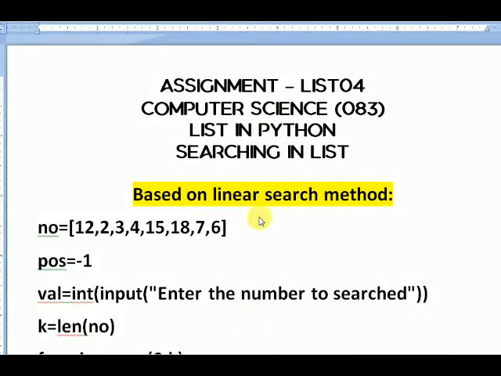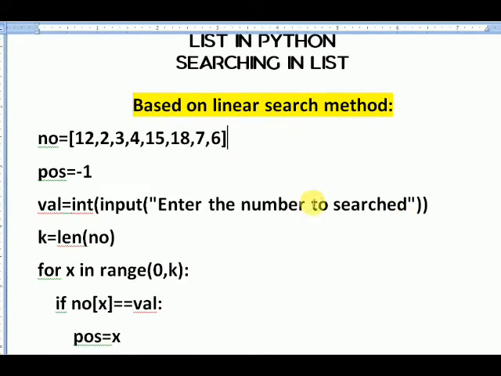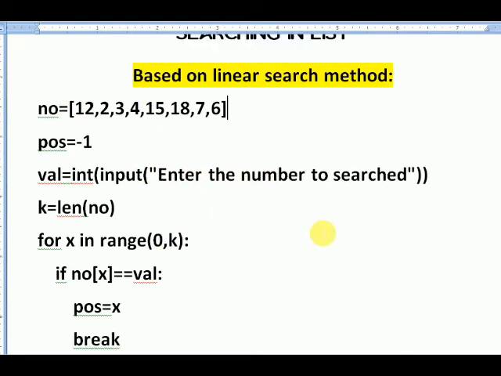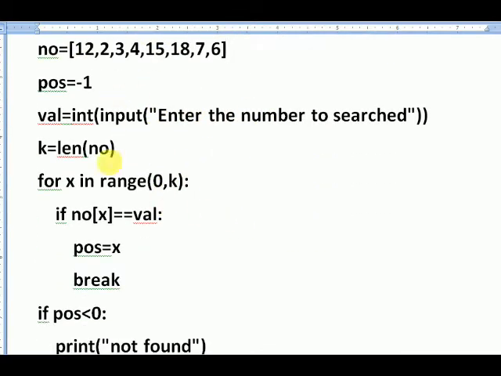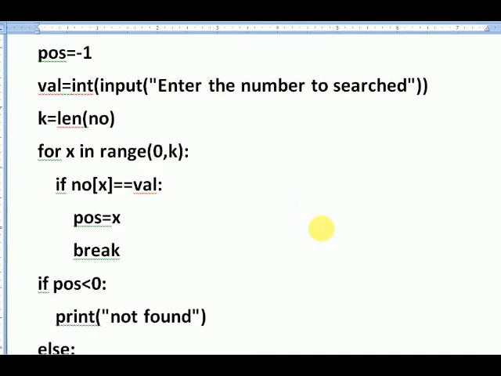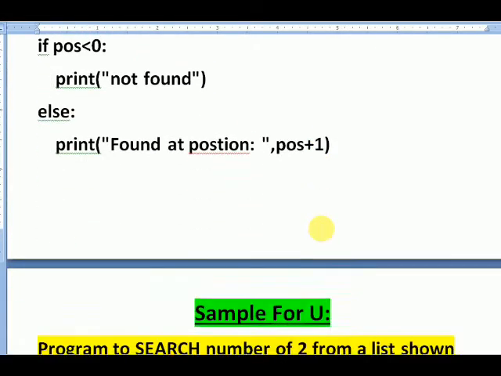This is your fourth assignment of list in Python, and again you're going to use the same process of searching in list. Means you're going to use the same linear search method for solving these questions. So you know what linear search is. There is the program I have already written here. You need to go through that also, how the process of linear search is going to work, and the questions are according to that. There is a sample for you.